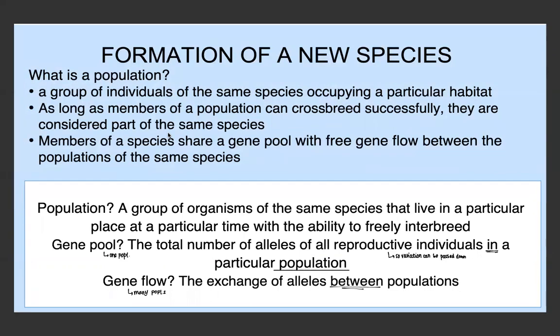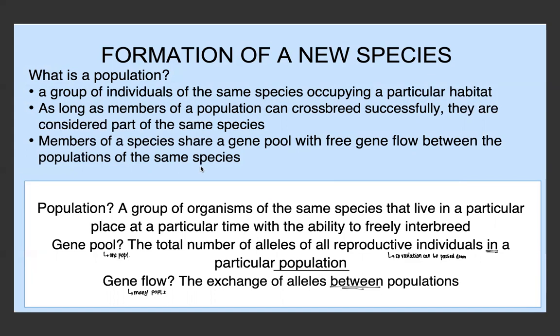For example, most African lions are all of the same species, but the Kruger population is a completely separate population to the lions in Zambia. The lions in Zambia and the lions in Kruger are not able to crossbreed because obviously there's a lot of cities, borders, etc. between them, which means they're not part of the same population. However, they are part of the same species because if you were to put them together and make them breed, they would produce fertile offspring.